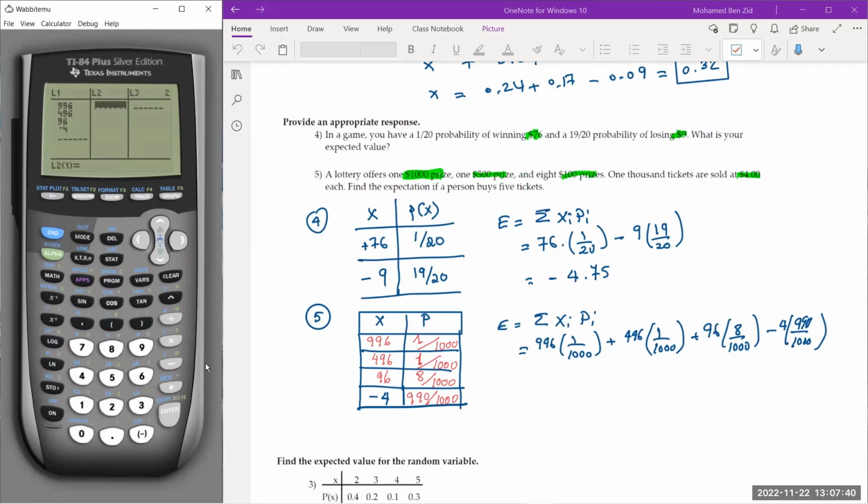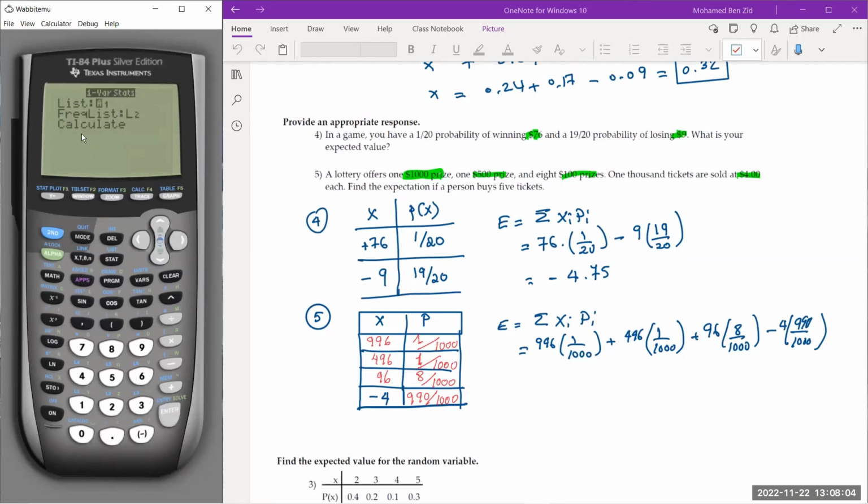You don't have to put the probabilities. You can just put the frequencies. So the first one is going to be 1, second one 1, and the third one is going to be 8, and the last one is going to be 990, right? Are we okay? And again, you're going to go to stat right now, and you're going to calculate 1 bar